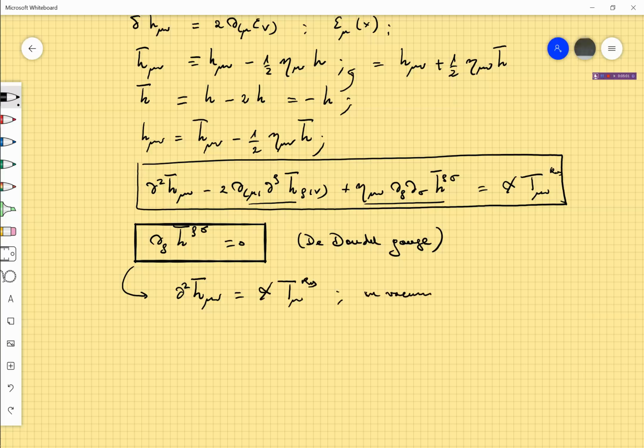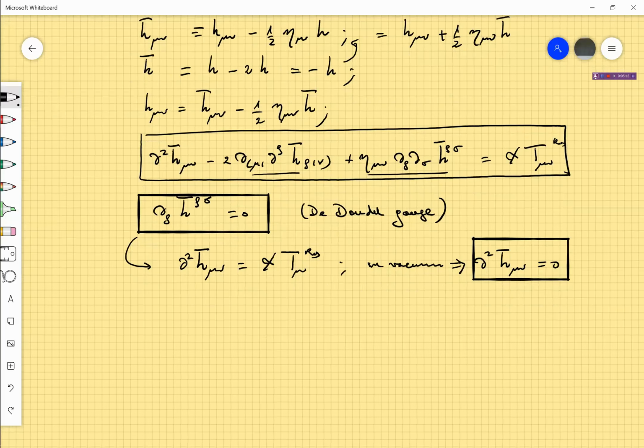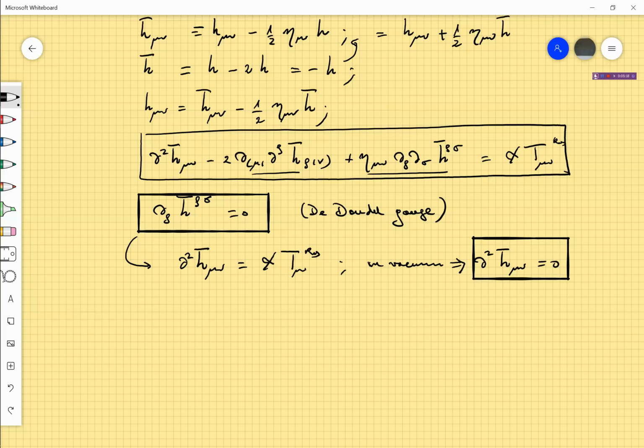so outside of the sources, you just find the wave equation for h bar. This is what we want to study. The first thing that we want to check, because in fact we are going to study this point in detail, is that you can always